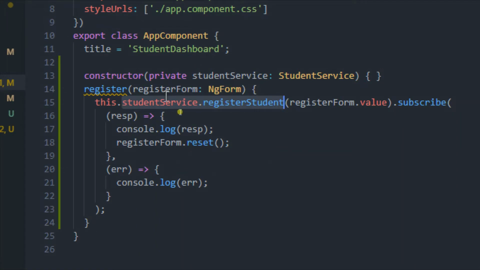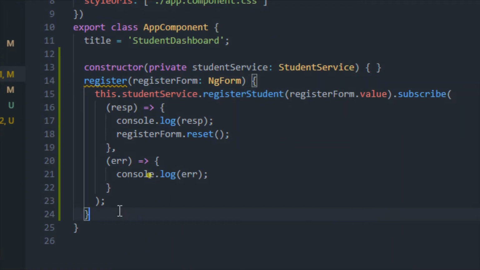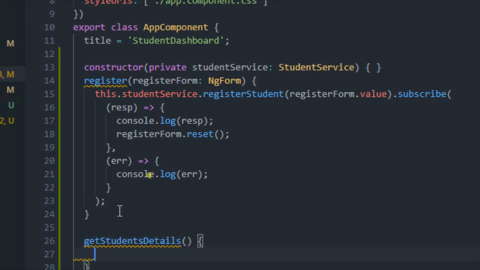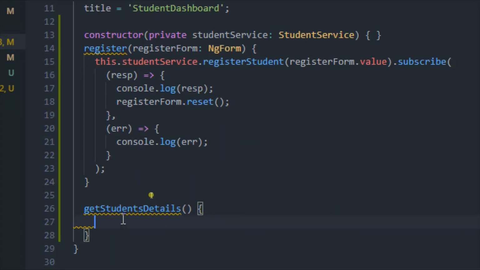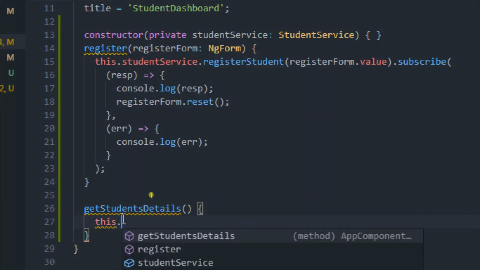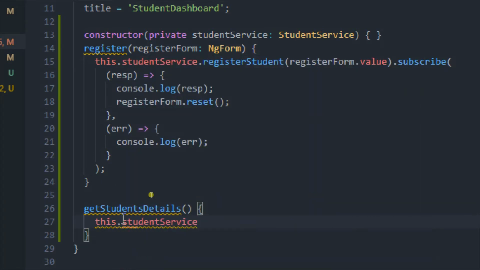Now let me create another function with a name like getStudentDetails. Over here we just need to call the service function, this.studentService.getStudents.